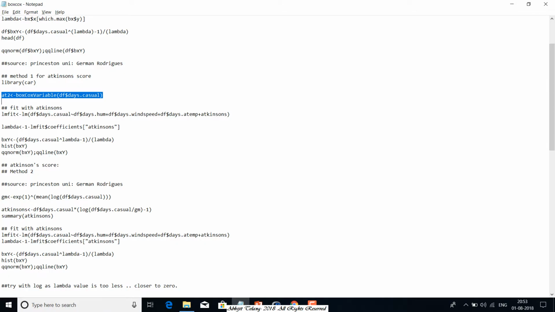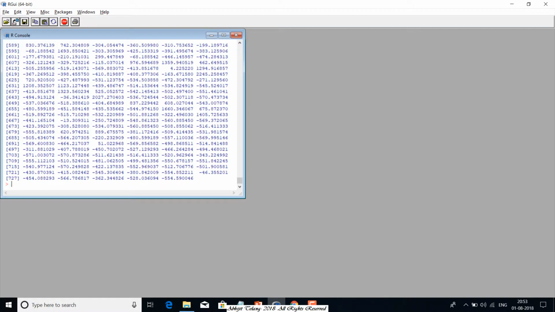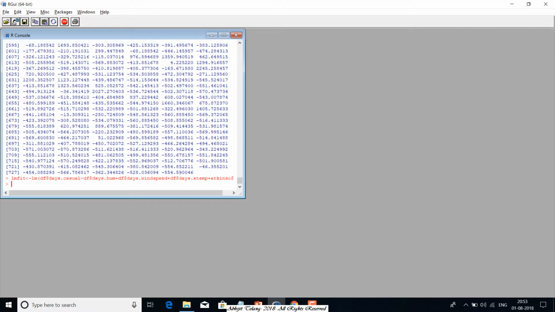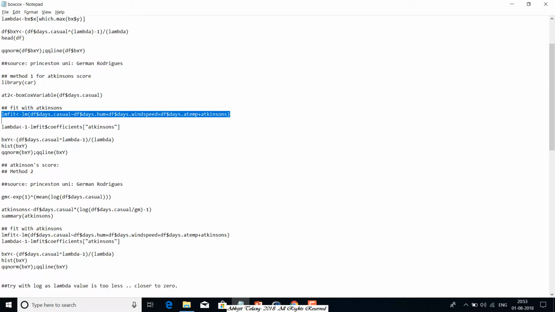And what we'll quickly do is explore the values of the Atkinson variable just for the sake of it, and then we can quickly put this back into our linear model. So I've added the Atkinson's as an additional input variable along with the three independent variables, which are humidity, wind speed, and temperature. So once I do that,